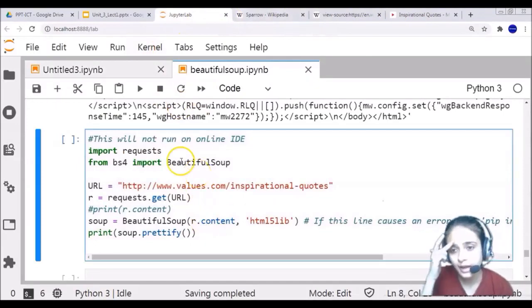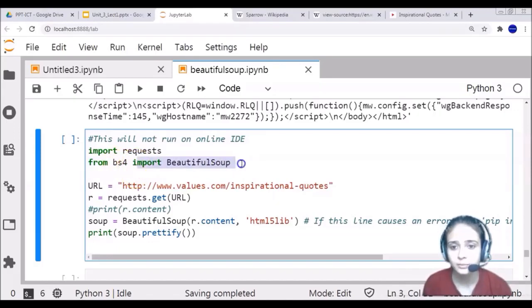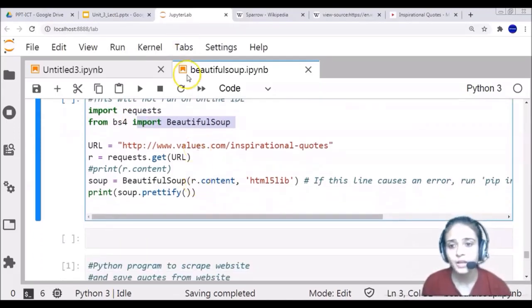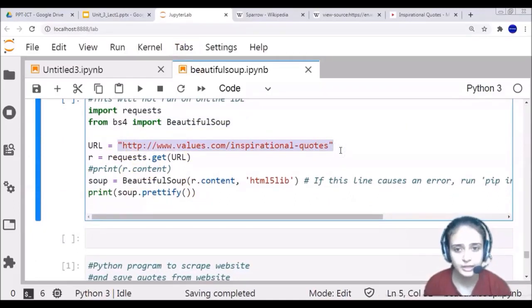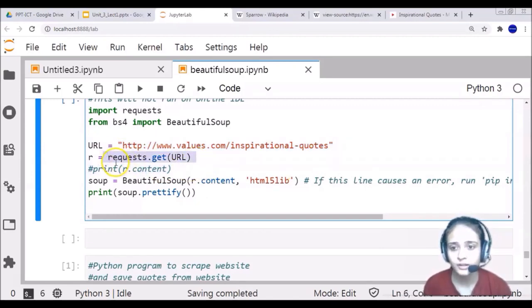Here I am writing import requests, and now I am making use of the Beautiful Soup library. For that I am writing from bs4 import BeautifulSoup, and I am passing the URL of the inspirational quotes. I write requests.get(URL), so whatever the HTML content is will be stored in my object called r.